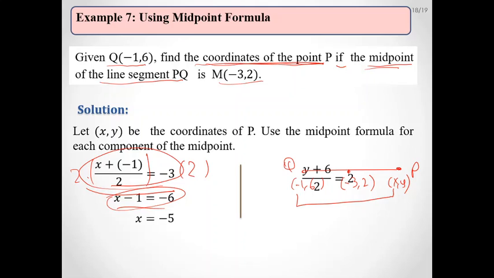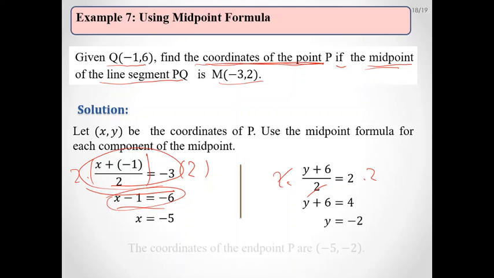On the other hand, you can relate the y components to 2. So Y plus 6 over 2, you multiply both sides by 2, there will be cancellation, and you get Y equal to minus 2. So the coordinates of the